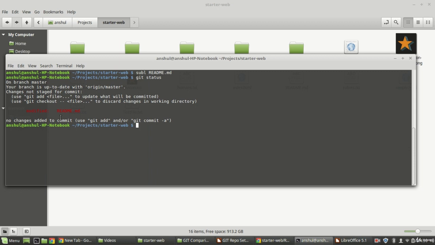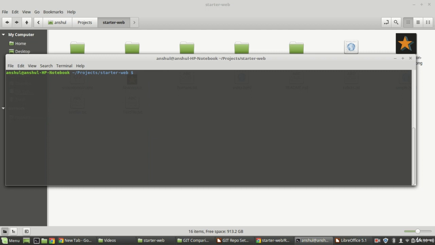It is showing me the file name which is being modified, but it is not showing what is modified in this particular file. What is the change that has been done in this particular file, right? So how can we identify, how can we see the change which is done in this particular file? So clear the console. There's a command, git